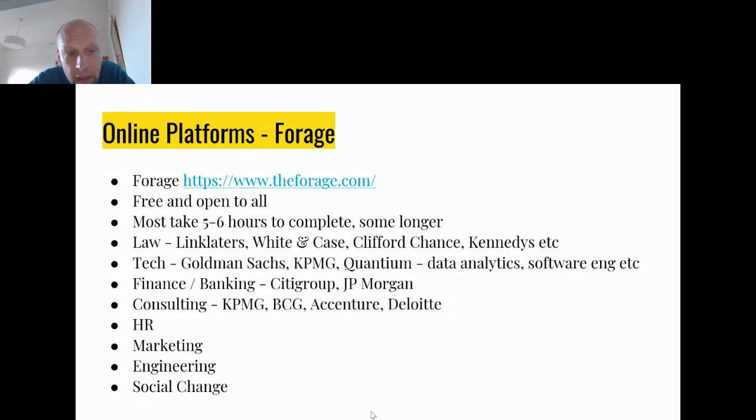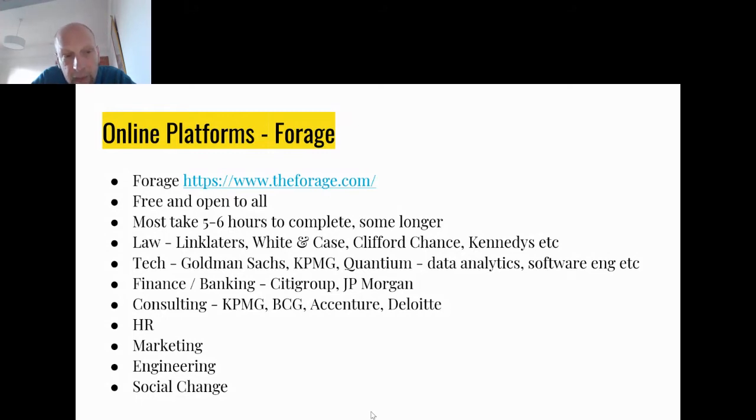Most of the opportunities on there at the minute do not take a particularly long time to do. Some of them are just saying it takes about 5 to 6 hours to complete. And you don't have to do that in one go. You can dip in and out of it, but some are longer than that. And they're all linked to specific employers.